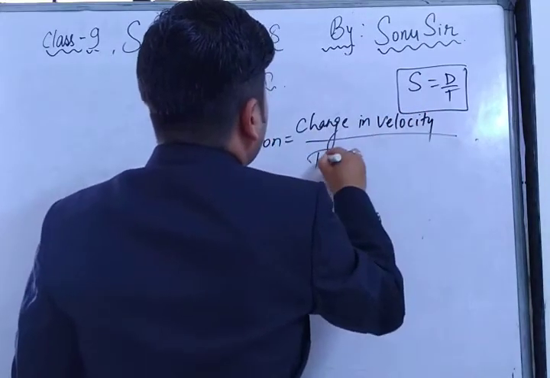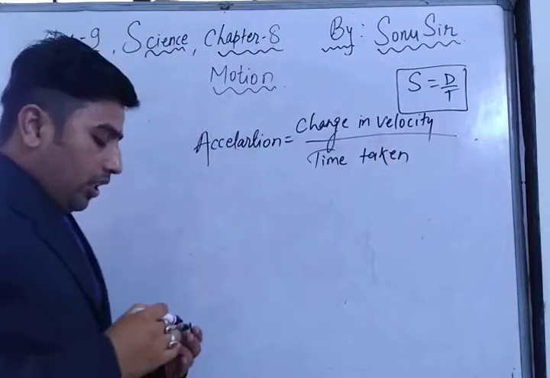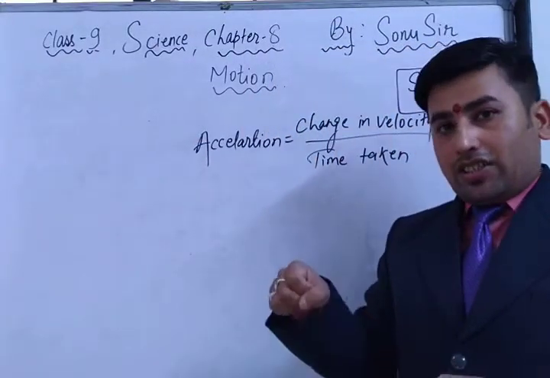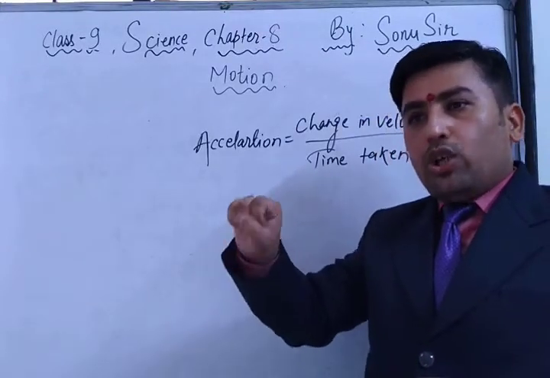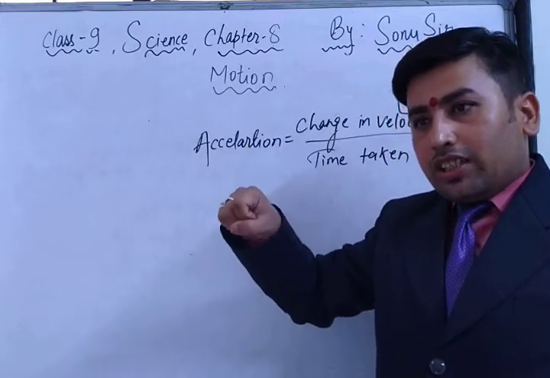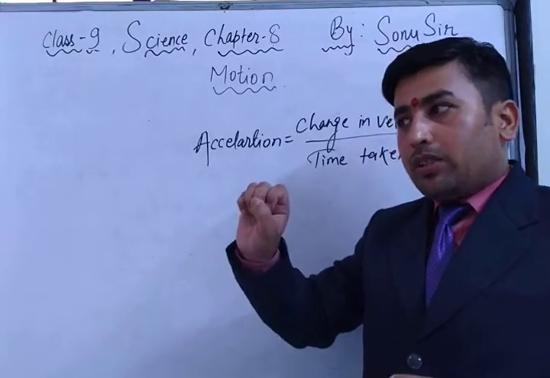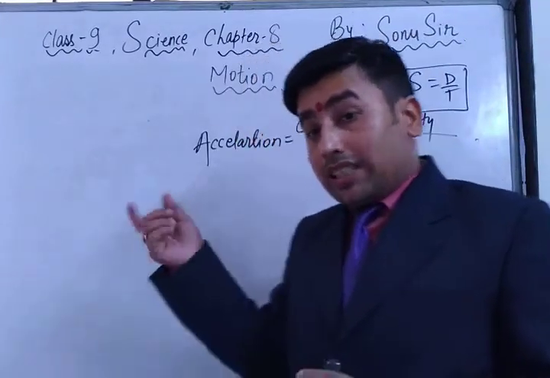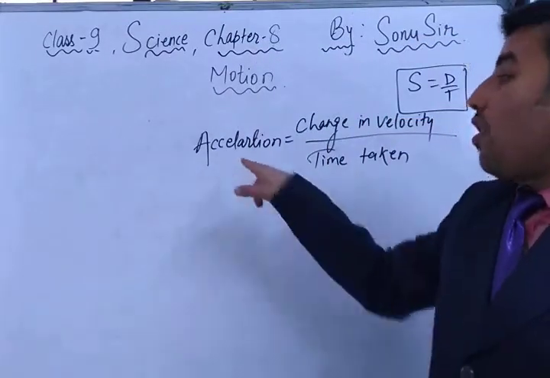See, first of all, some of you are riding bike and scooty, right? So you have one clutch and one accelerator. It's called accelerator. So when you are increasing the speed of your vehicle, at that time you are turning the accelerator, right? So as you increase the accelerator, what you are doing is changing the velocity, right? So that's why its name is also accelerator. That's why the process is called acceleration.